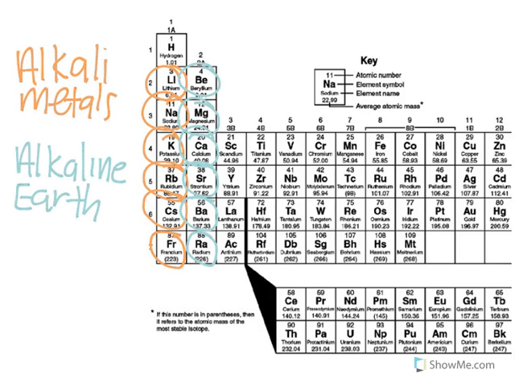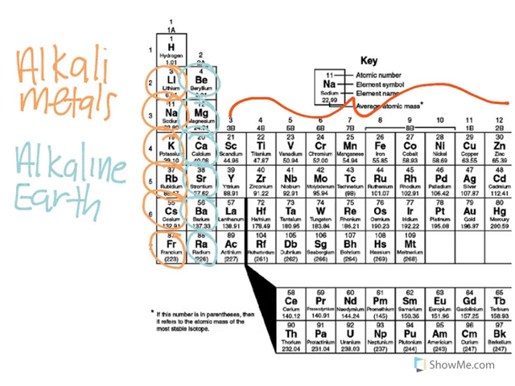They usually combine with oxygen to form oxides. Calcium also will combine with carbonate. So calcium carbonate is found in marble. Okay, so our alkaline earth metals are also very reactive, just a little bit less reactive than that group 1 alkali metals. And then here, in this range right here,